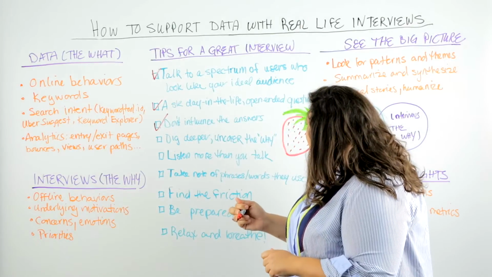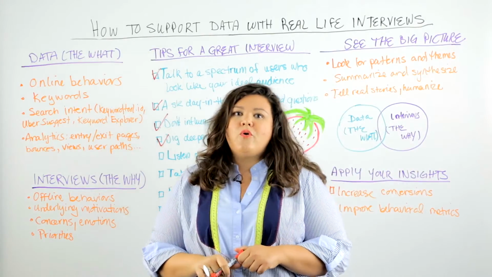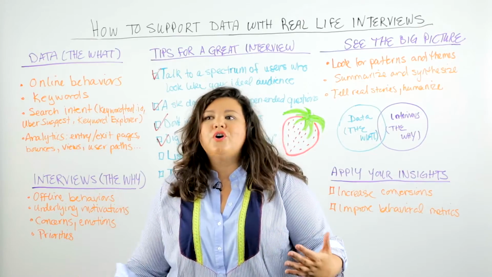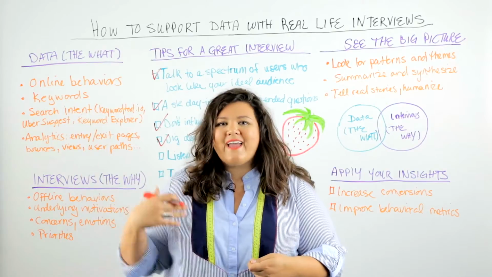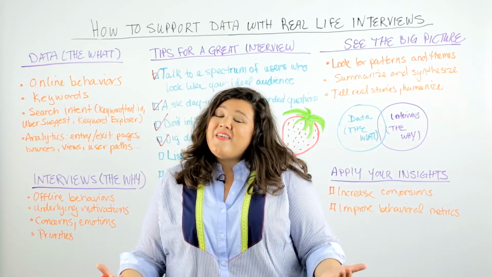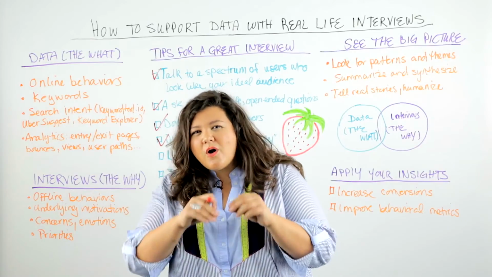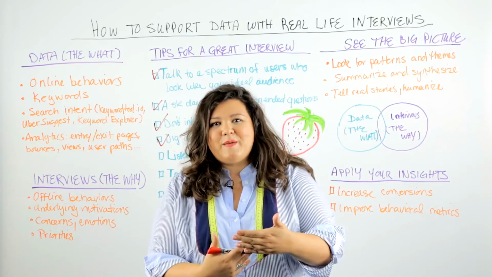Moving on, dig deeper. Uncover the why. Really important. Maybe when you're talking to people, you realize that they like to cook, and by sharing a food item gift with someone who's far away, they can feel closer to them. Maybe they like gifts to reflect how thoughtful they are or what good taste they have. You always want to uncover the underlying motives behind the actions people are taking.